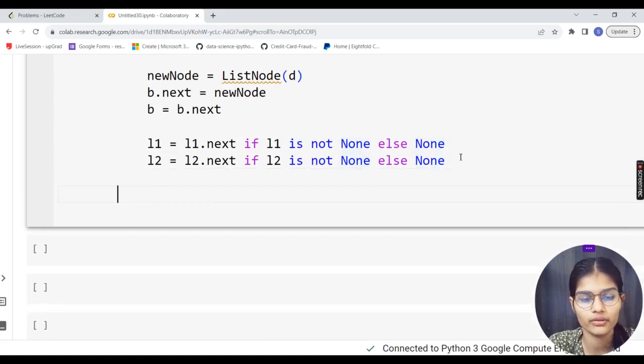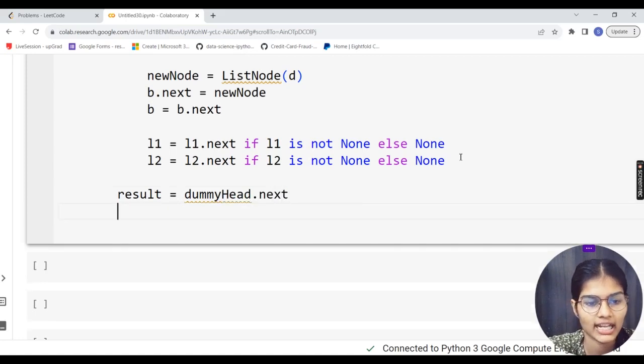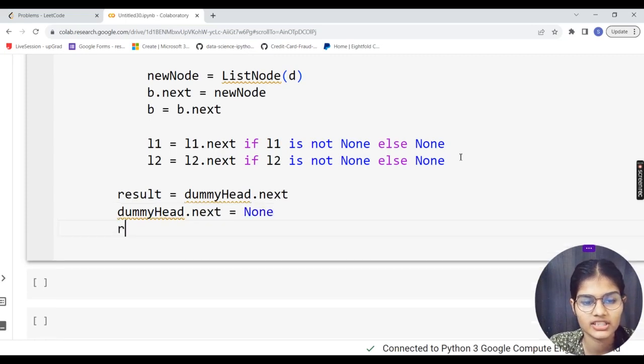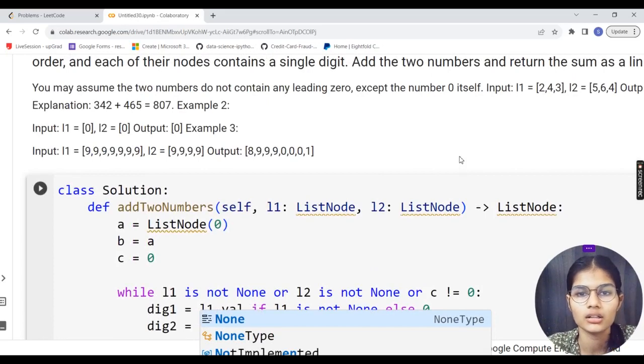I'll just get out of here, and I will simply take a result, and it will be dummy_head.next. Down the line I would assign dummy_head.next is equal to none, and I would simply return my result. So this was the program for this respective question, where we just have to add the same